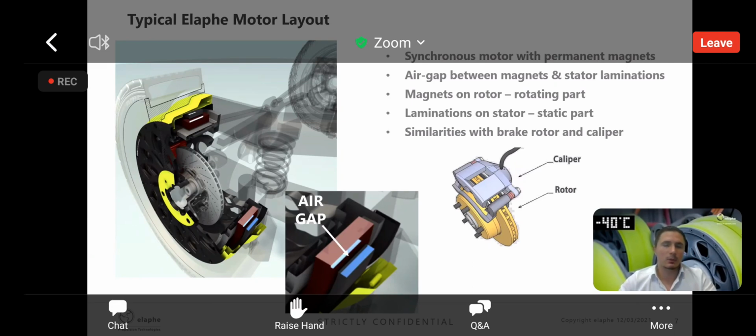This basically means that the only thing keeping the motor stator and rotor apart is the conventional hub bearing, which is performing the same function as one would expect from a caliper and brake rotor point of view. So the stiffness of the bearing is already looked at for the purpose of keeping the brake rotor and caliper apart when going into a corner, because of course you do not wish to brake when making a turn. In the same way that you don't wish the brake rotor and the braking pads to touch when not wanted, you don't wish the motor rotor and the motor